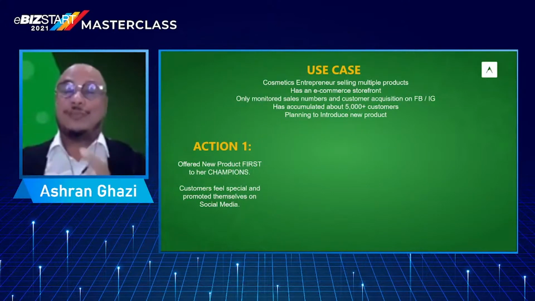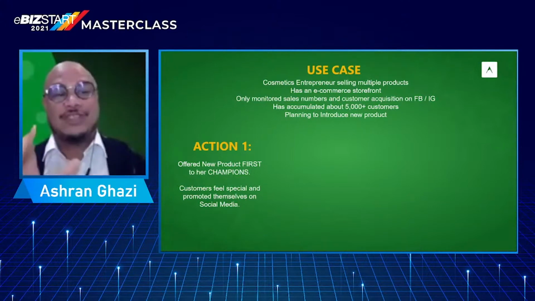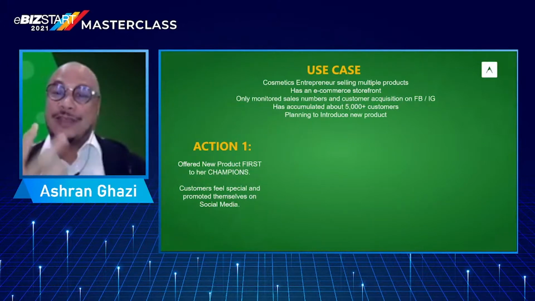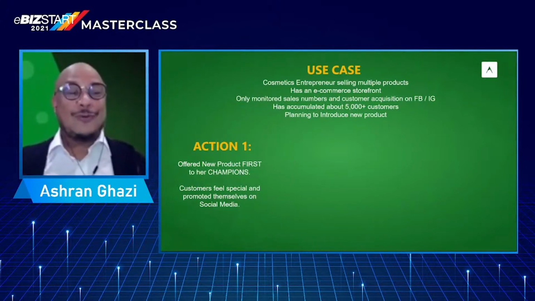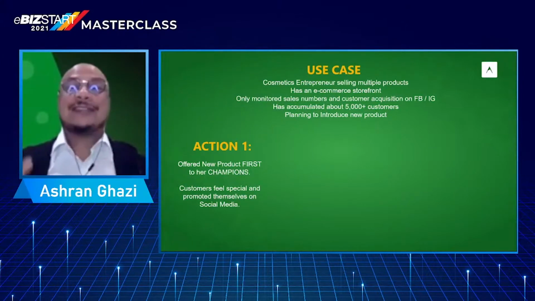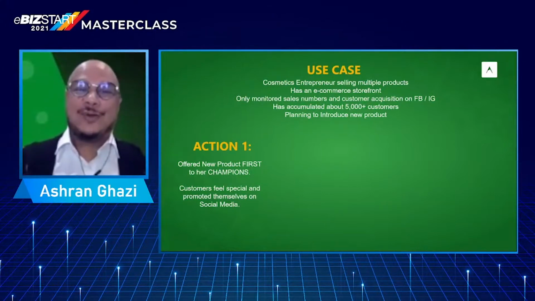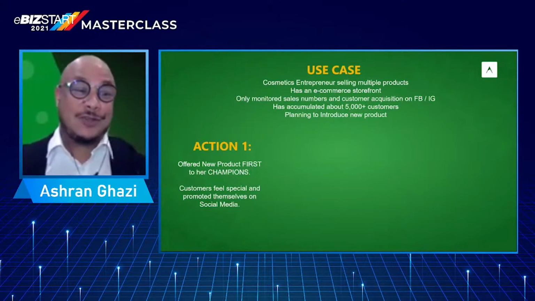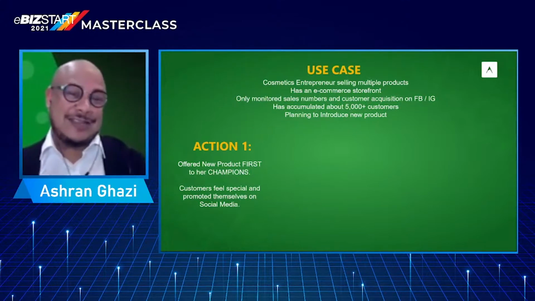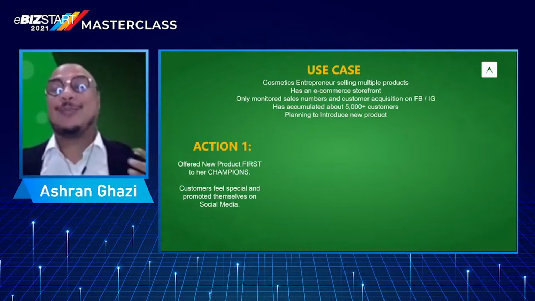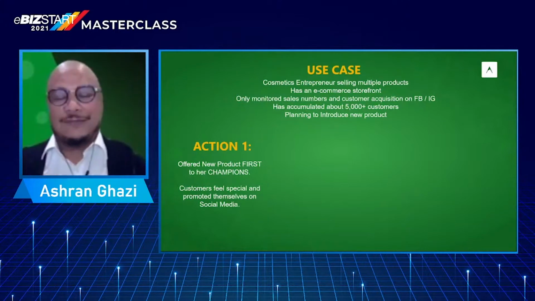They looked at introducing the new product they were about to launch to just their champion segment. Now, this allows them to make sure that, number 1, there's a fit with regards to the product. Number 2, because they've got first-hand exclusive access to the product, the customers feel special. And even prior to the business owner launching the product on their storefront, these existing customers, these champions, are already doing pre-sales and pre-marketing for the brand itself. So that's one thing that they've done.